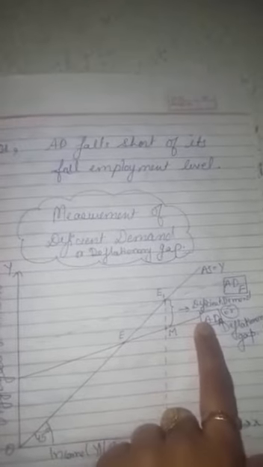How can we measure the deficient demand? Deficient demand can be measured in this diagram. This is the same diagram as we did yesterday about the underemployment equilibrium. On the OX axis, we are showing income and output, and on the OY axis we are showing aggregate demand. AS is the supply curve or income curve, which is a 45-degree line, and ADP is the aggregate demand curve, which is what actually happens in the economy.